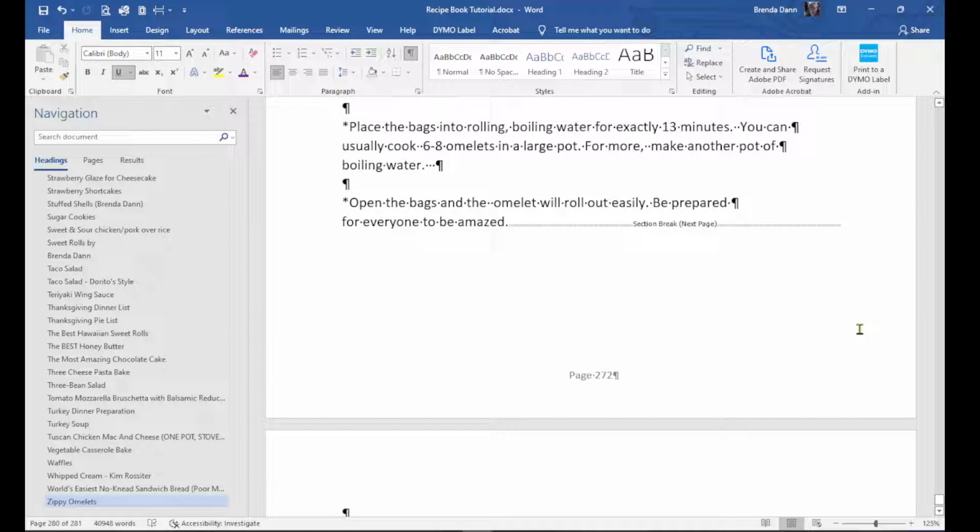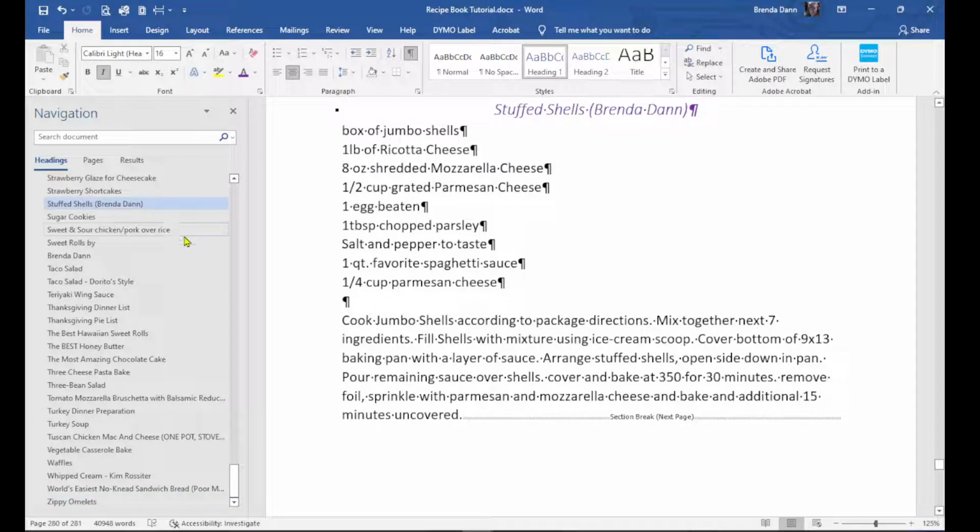Now the really neat thing about this is when you go to your cell phone, if you have loaded this out to the internet. Everything I have lives on G Suite, so this is actually being built out on the internet anyway. It lives out on my G Suite on my drive. So when I open this up in my phone and look at it on the internet, it is web friendly. It is all web formatted. When I click on one of these titles, it takes me right to the recipe in my